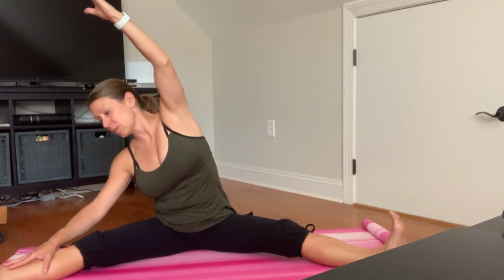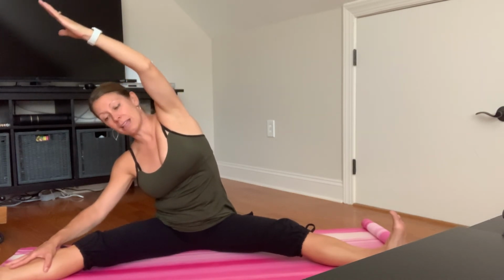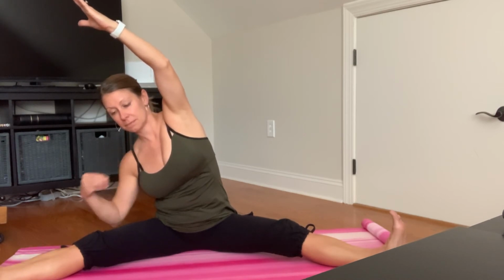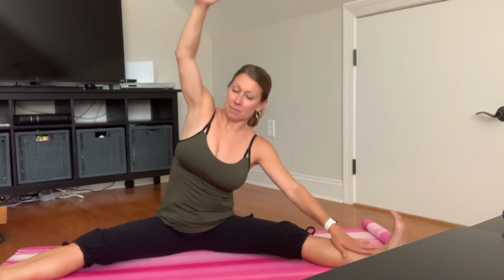Let's inhale the right palm up, and then exhale over any amount. So maybe you're just working more on lengthening today and not so much side lateral flexion. Inhale, make your way back to the center, and exhale over to the other side. Breathing as we hold. Inhale, come back to the center, walk your hands to the center, and let's begin to walk our way out